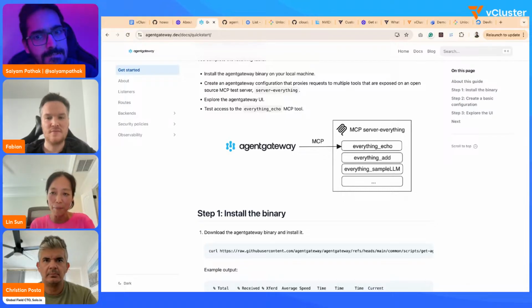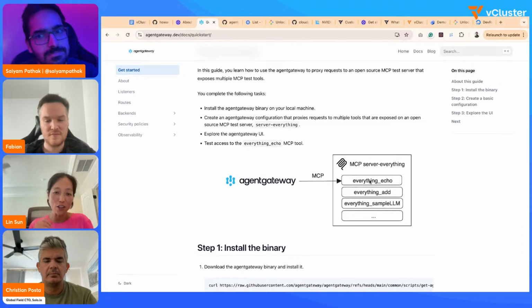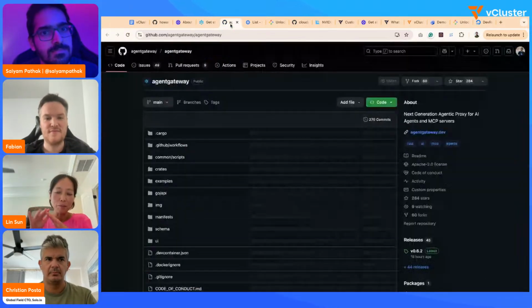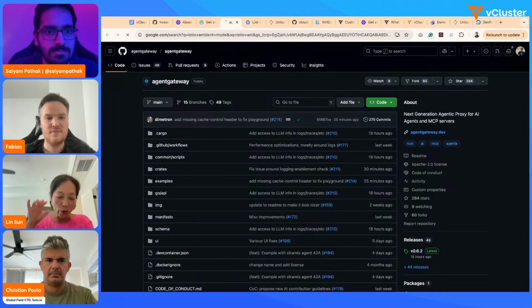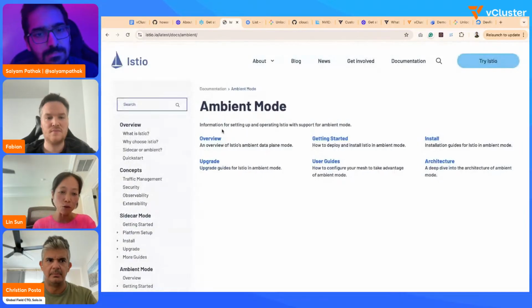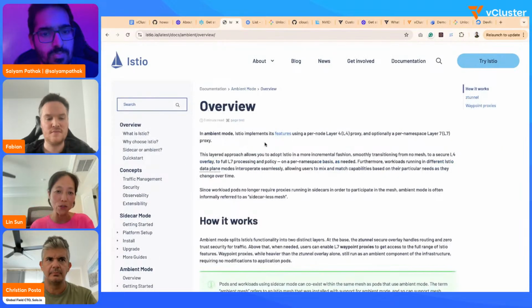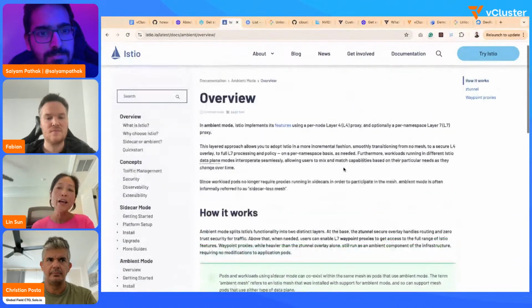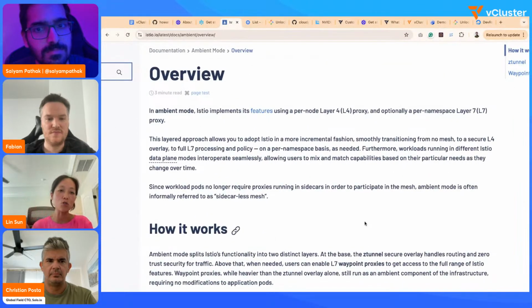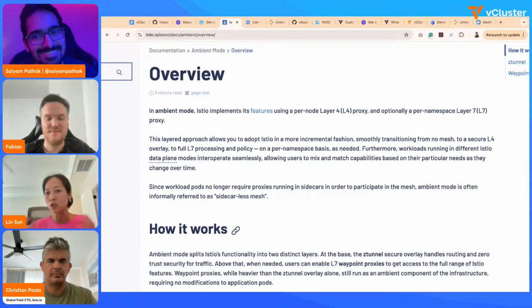When we started the Ambient project three years ago, if you're familiar with Istio Ambient, we had a lightweight layer 4 proxy and a layer 7 proxy. Initially, the layer 4 proxy was programmed using Envoy proxy, same as the layer 7 proxy as sidecar. What we found out is that there were literally two people on the project troubleshooting that layer 4 proxy because it's super complex. It has to do different things for multi-tenancy, even just layer 4 traffic.